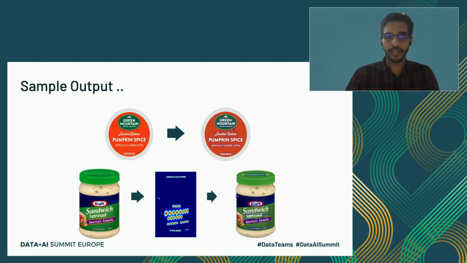Now the challenge is, okay, we are detecting it, but how do we recognize it? We'll see through the slides how this can be achieved using spatial transformation networks. So the next task, once we have the bounding boxes, is to do the text recognition. We'll see in detail how the text recognition task is achieved.